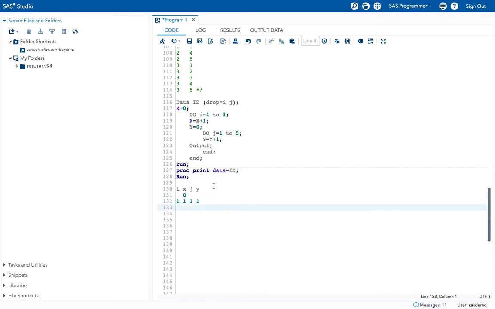Now in this J, what happens? It finishes all the 5 iterations and then it moves to the second iteration of the main do loop. After finishing this step, X remains the same because we are not going to the main loop. So what is J in the second iteration now? After finishing Y equal to Y plus 1, it comes to the do loop here, and now J equals the second iteration, and Y equal to what? Here we have 1. 1 plus 1 is 2.